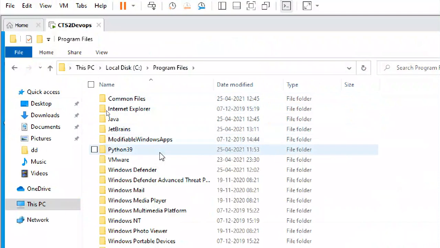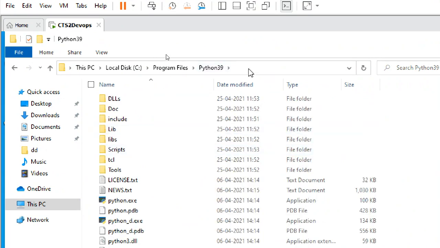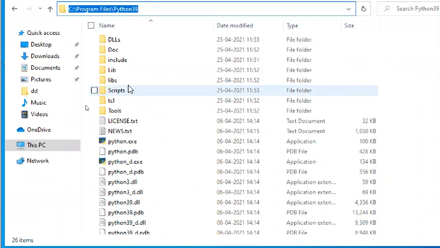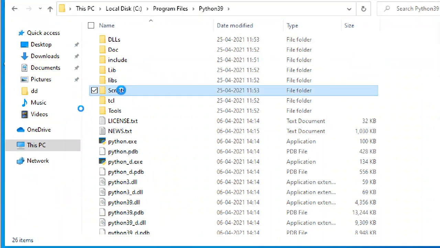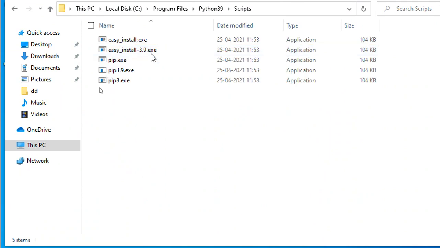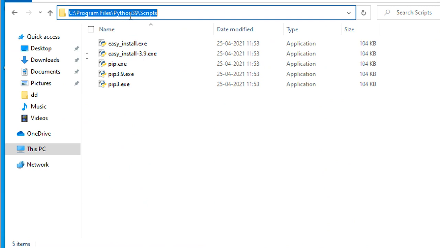Program Files, because my Python is 64-bit. Go to this one. This is the Python home directory, so this path we have to add. The next path we have to add is Scripts. Here we don't have a bin folder, so we have a Scripts folder. This has pip.exe, pip3 and so on showing here, right? These things are there, that's why you have to add Scripts.